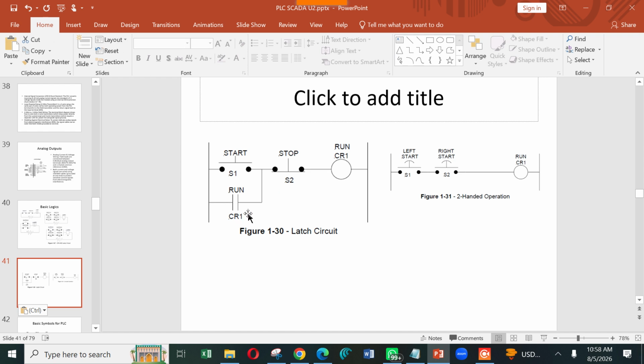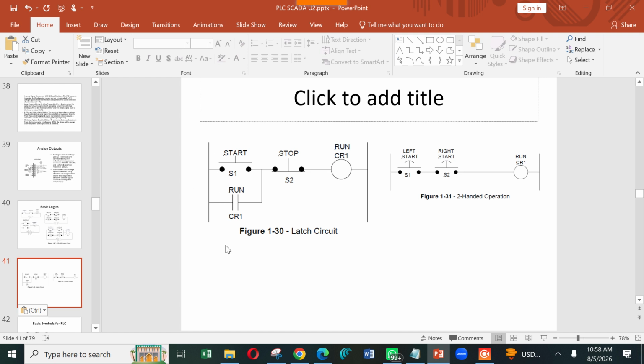So here the normally open contact of the coil has been connected in parallel with the start button. So according to the circuit, what will happen? If you press the start button, the supply will pass from left side to right side.